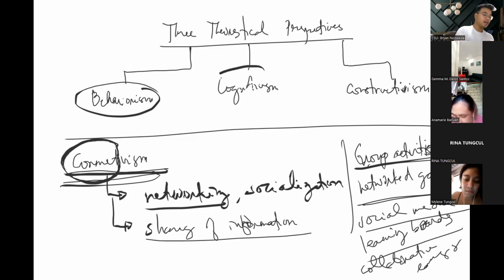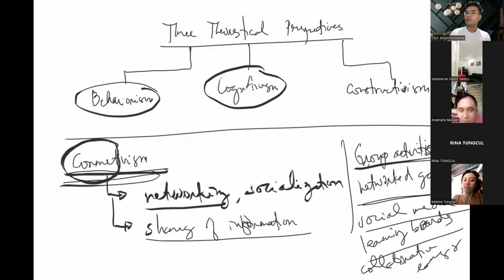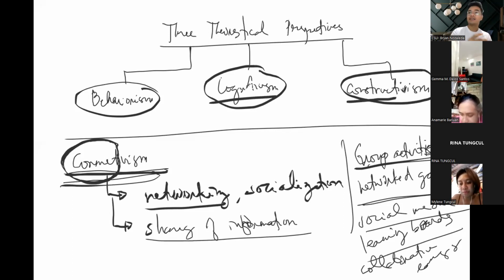However, sabi ng ilan, hindi naman lahat ng behavior ay pwedeng mong makita. Hindi naman lahat ng pagkatuto o ng learning ay pwedeng mong makita. Halimbawa, ang pag-memorize, ang pag-understand ng isang konsepto ay hindi mo naman nakikita. Hindi mo pwedeng buksan ang utak ng tao para makita mong gumagana yung utak niya. Ayun ang point ng cognitivism. Information processing. According to constructivism naman, ang learning dapat meron kang ginagawa. May ginagawa ang bata na demonstration. There must be a project or a product as a demonstration of their learning.